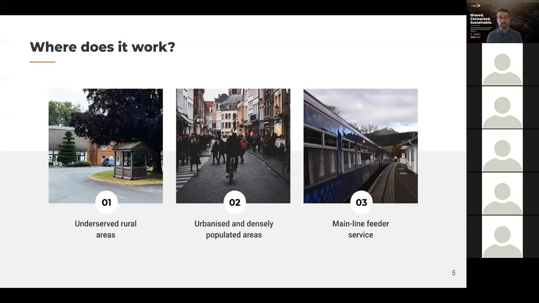We also see applications across urban areas too. Here, the challenge is around designing a service which integrates well with other transport modes. So it takes careful design to make sure it's not cannibalizing passengers from other modes of public transport. Pretty much the worst use case for DRT is for it to follow along behind a fixed route, taking passengers off that bus. The best services in these areas work more like feeder services, so perhaps a first mile, last mile setup, so taking people from their door to connect them to other modes for their onward journey.